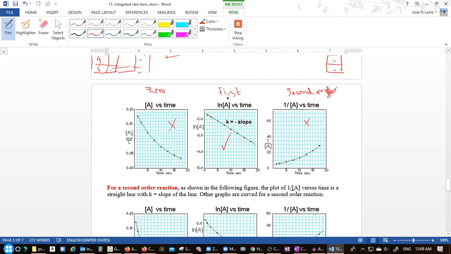So, yes, first order gives a straight line when you graph natural log of A against time. And then from here we can make a formula, again using the straight line equation. So let's work it out. We have y equals mx plus b. What is y? y is natural log of A